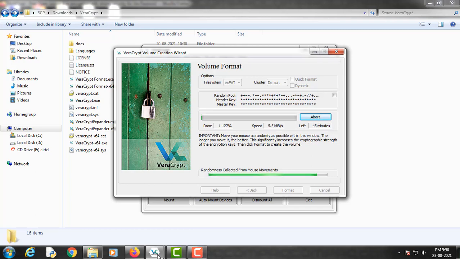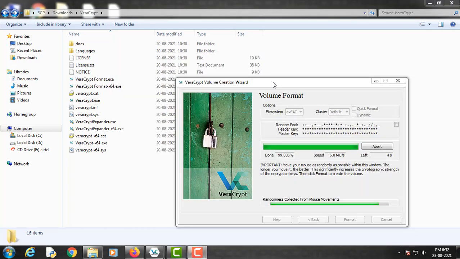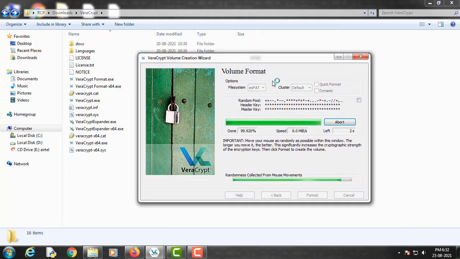Its speed is 5.5 MB per second, and minutes left is 44 minutes. Since this process is going to take time, I will pause this video and resume it when this process is completed. Now as you can see, this encryption process is going to get completed.